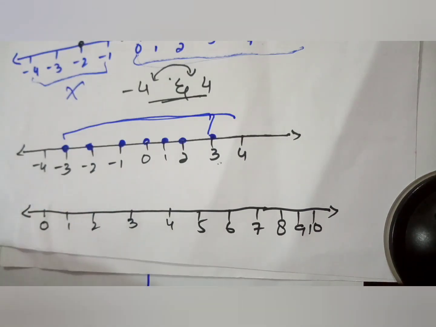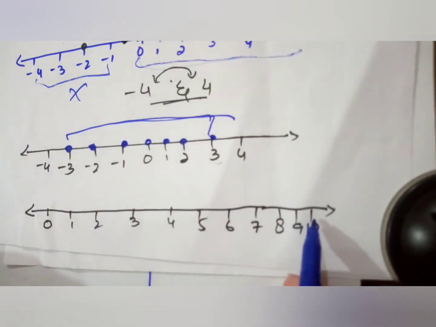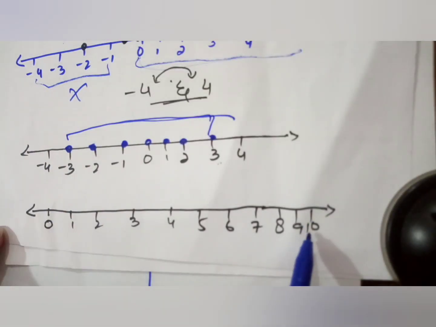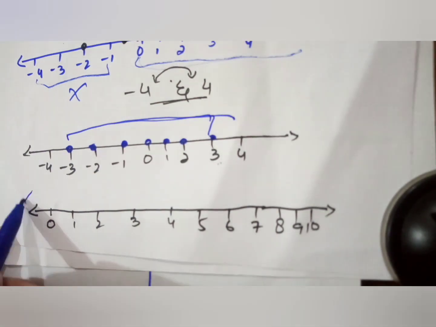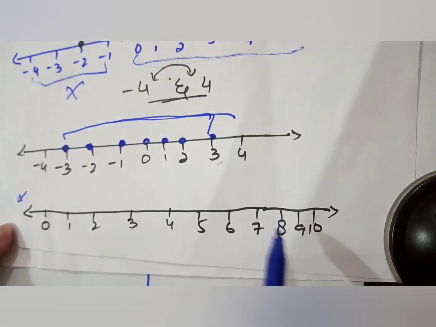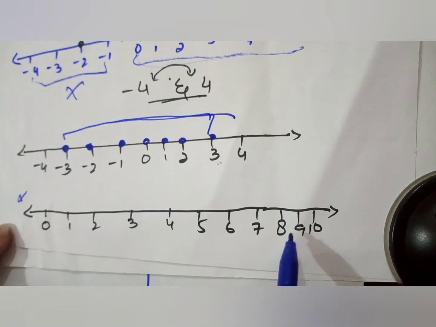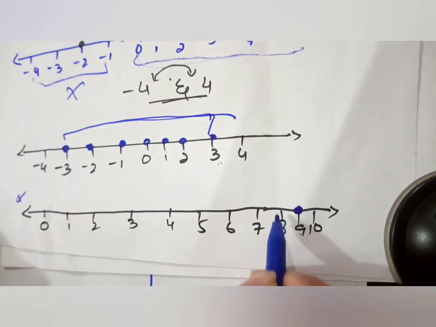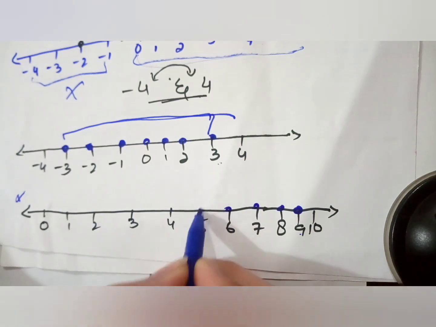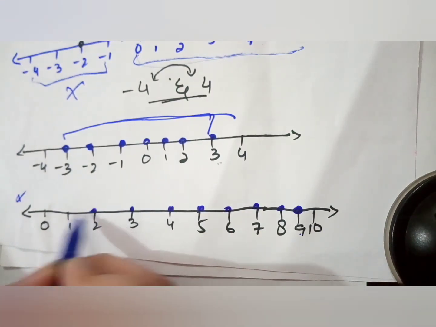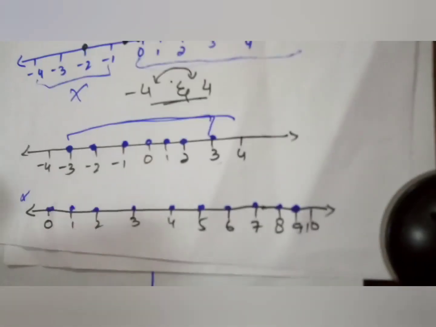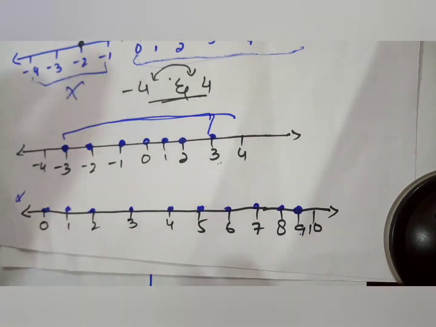So what is the question? Positive integers less than 10, not less than and equal to. If they ask less than or equal to, then I consider the 10. So positive integers, not negative. So I discard the negative portion. Only positive integers less than 10. Less than 10, which numbers do you have? 9, 8, 7, 6, all the way down to 0. So we indicate those numbers. That is all for your question number 4, how you represent your numbers on the number line.